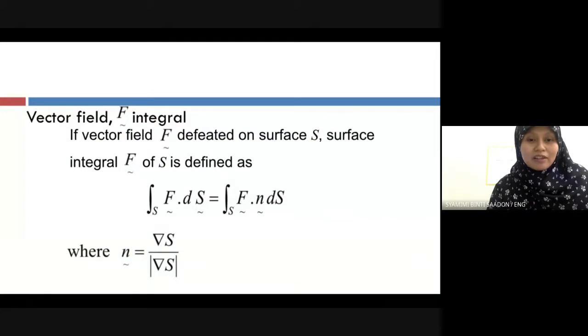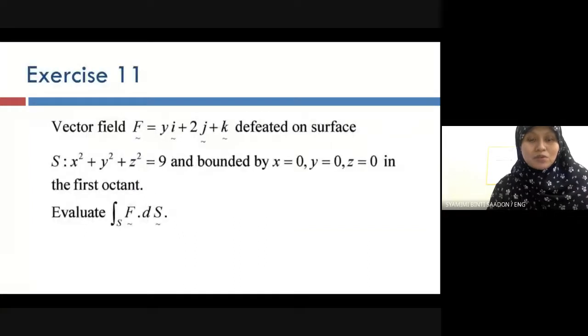Okay, vector field F integral. V is a scalar, F is a vector. So for a vector,